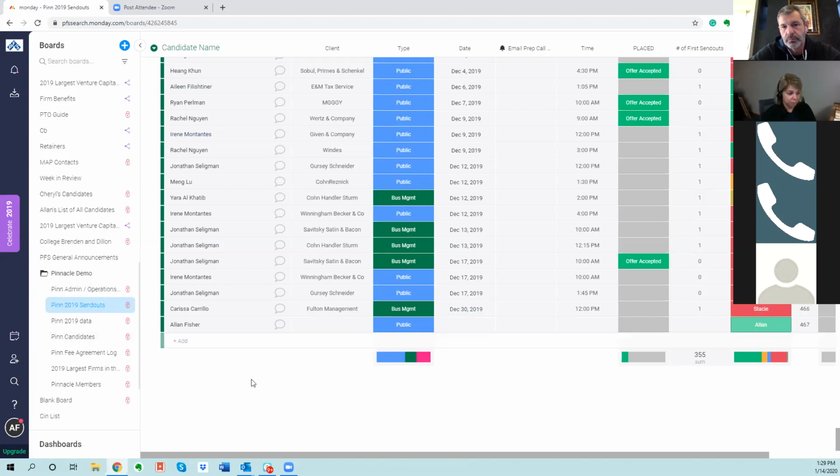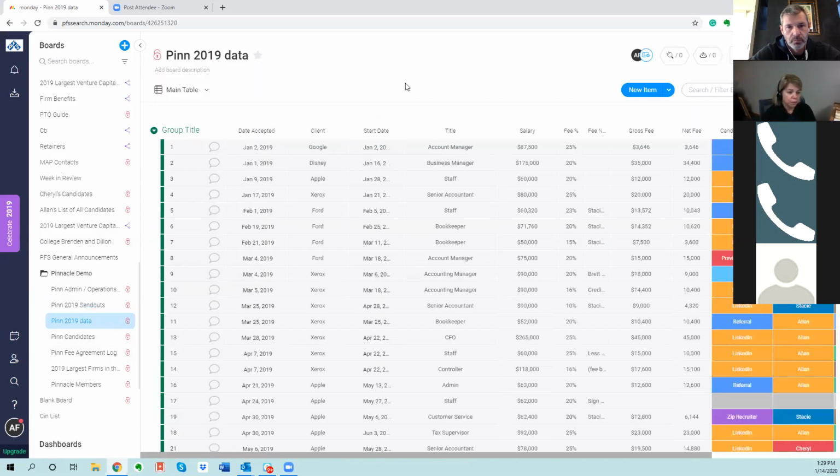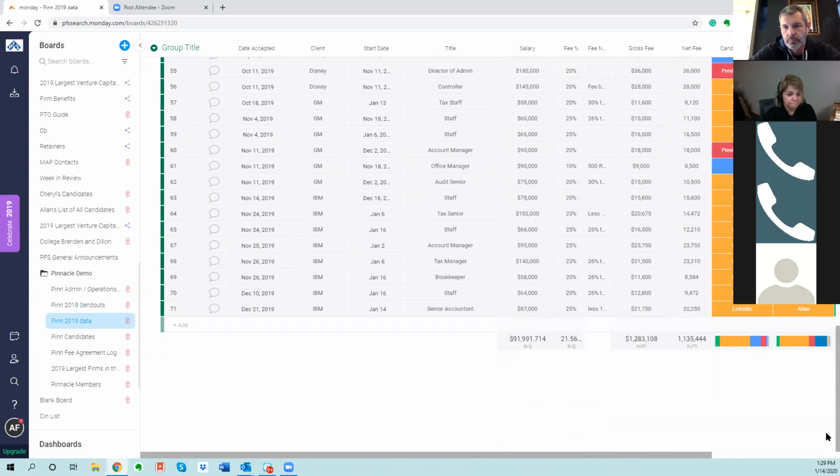We have a spreadsheet that tracks all of our placements over the course of the year. So I took out the candidate name for privacy and I changed the client name, but the rest of the data that's in here is accurate. So we track on the name of the client, start date, title, salary, fee, candidate source. And as I scroll to the bottom,